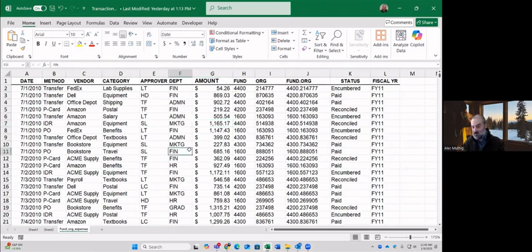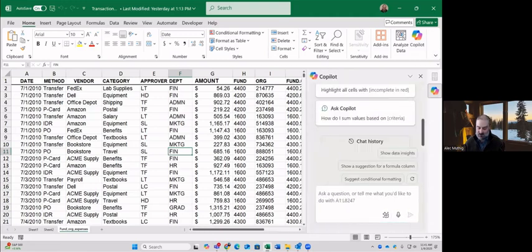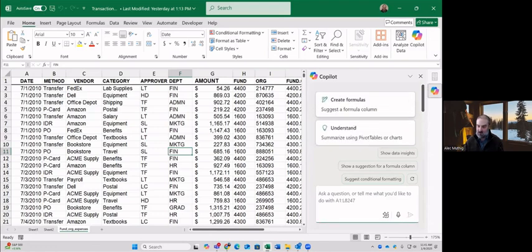Now, typically you would build pivot tables, you'd write formulas, all the things that I love, but sometimes you just have simple questions about the data, or you need to know how to do something, and maybe you're not up to date on IFS functions or XLOOKUP functions, and you need some help with them. Copilot is here to assist with all of that. So Copilot in Excel can be used in a lot of different ways. So one thing you could do is have Copilot actually guide you in doing things like building formulas, or it can actually write a formula for you.